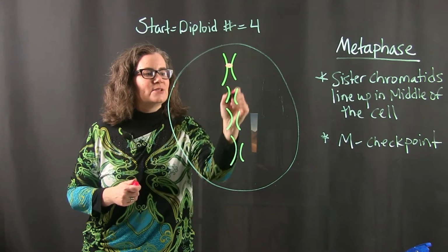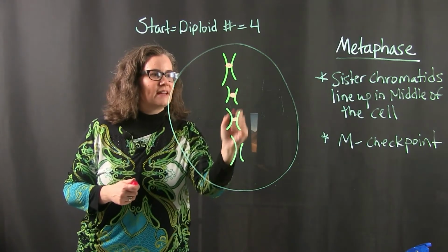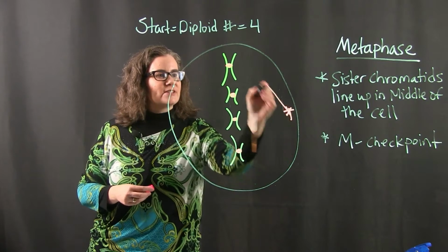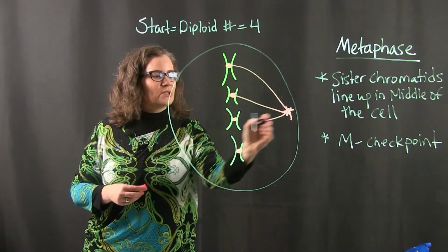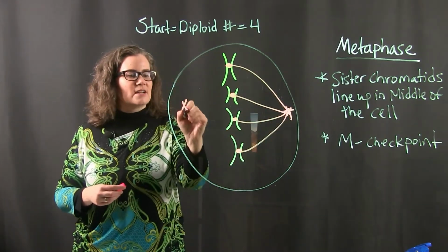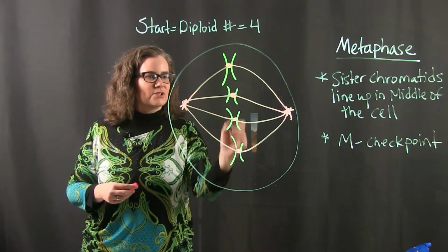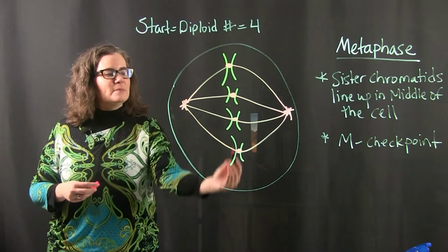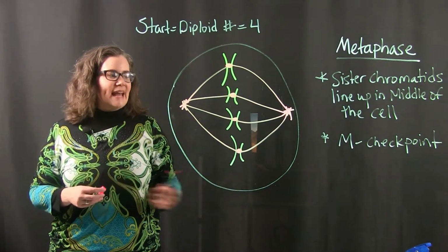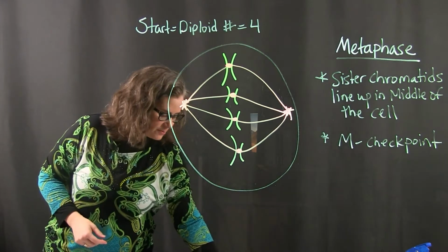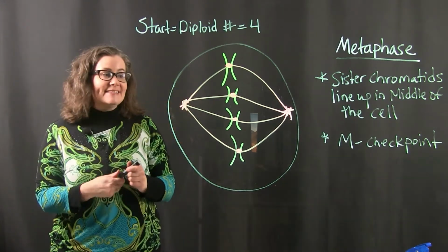They're still linked at the centromere, so we still have that centromere dot in there. And our centrioles are still sort of locked onto those sisters. So they have sort of pushed and pulled these sisters until they line up in the middle of the cell equally. Now we do something called the M checkpoint,